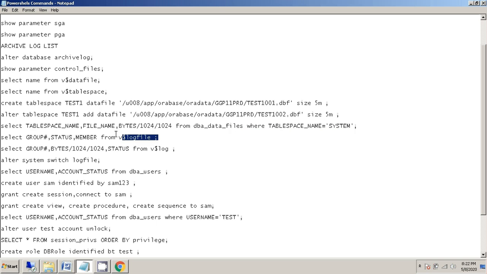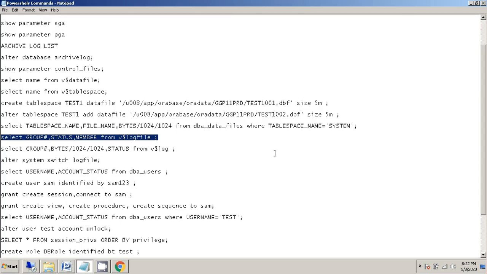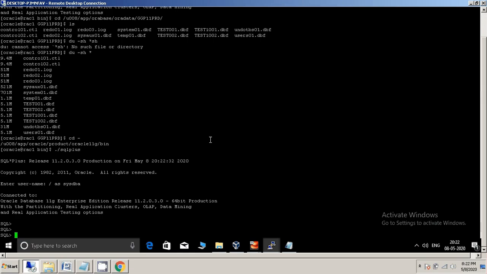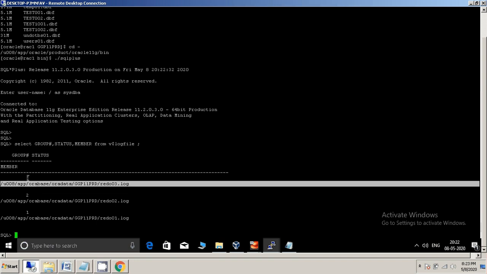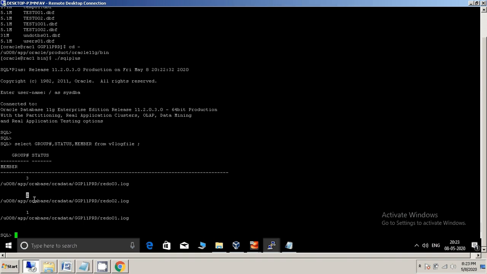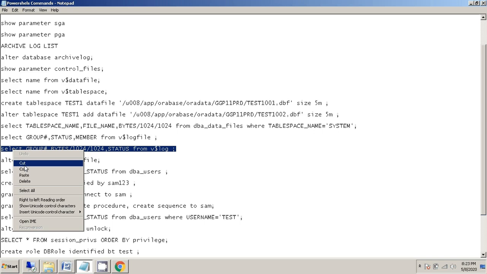Again we are just going on. Now we just want to see my log group. So I am sharing all the commands. This is only the basic commands we used to check the data file, redo log file, and other things. Here we have 3 redo log groups. Here 3, 2, 1. The other thing, if we want to see the size of the redo log group,